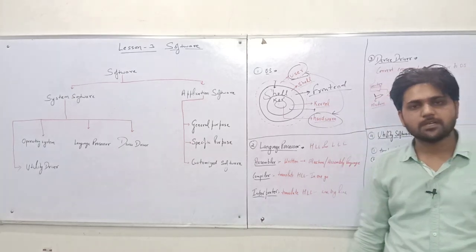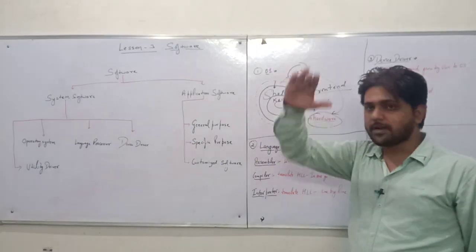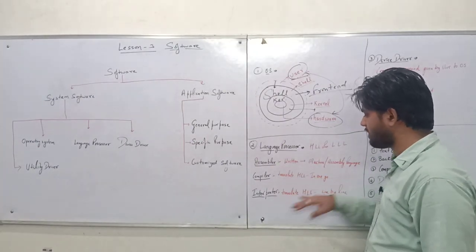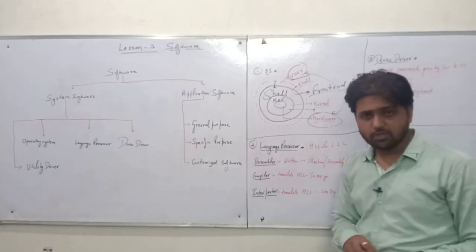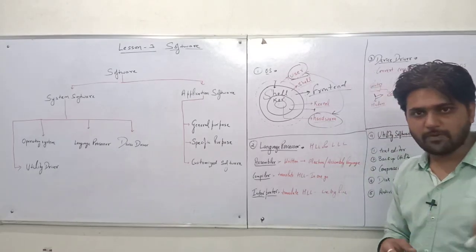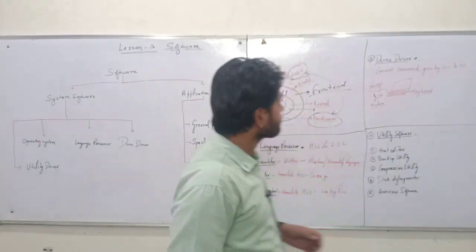What used to be there, C language, if you are writing the code, it used to convert the entire written code in one go from high level to low level. Interpreter, it used to translate the high level language line by line. So this we will discuss while reading the languages later on, when we will discuss Python and all. Just talking about device driver.